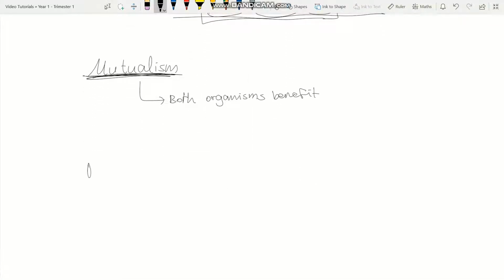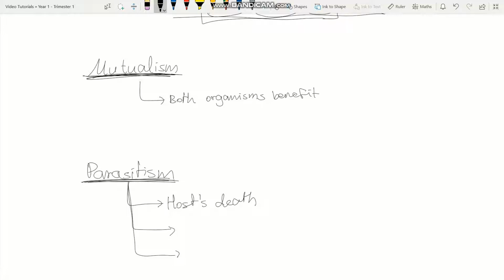The next relationship that I'd like to go through is called parasitism. Now, this is a relationship that usually is negative for both organisms and can end in three different manners. Firstly, parasitism can end with the host's death. This essentially means that the parasite that has infected the host is able to kill the host by its own proliferation, and in the process kills itself, because essentially as the host is dead, the parasite is no longer able to survive.